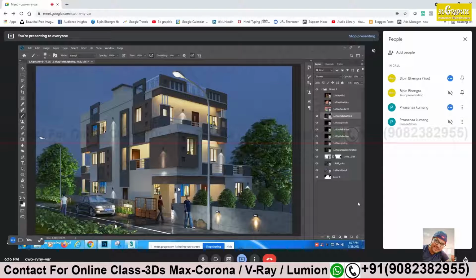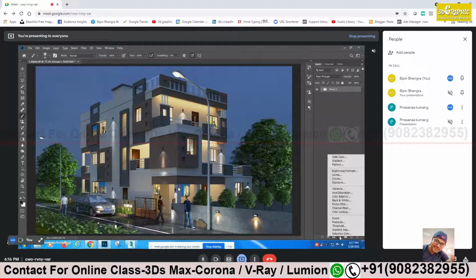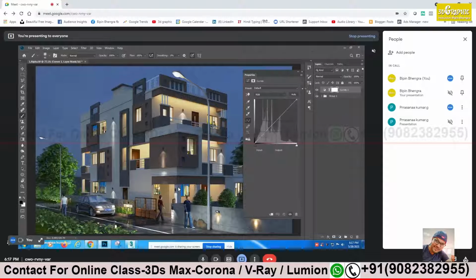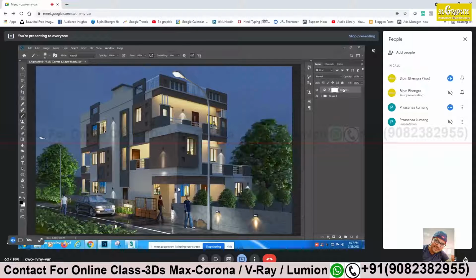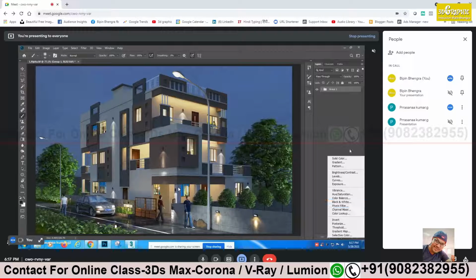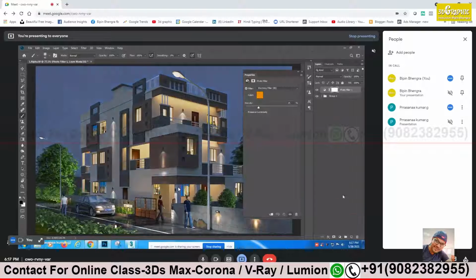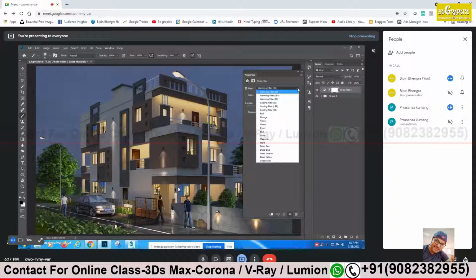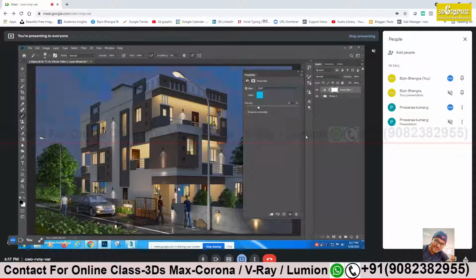Okay. Just close this group. Now we see the color correction of Photoshop. Curve. First, not curve. First, I'll tell you, close that. Go to the effect. Start with the photo filter. Photo filter, yes. So take cyan, because it's night. Make it 0, and then gradually increase and see. That's what I do.